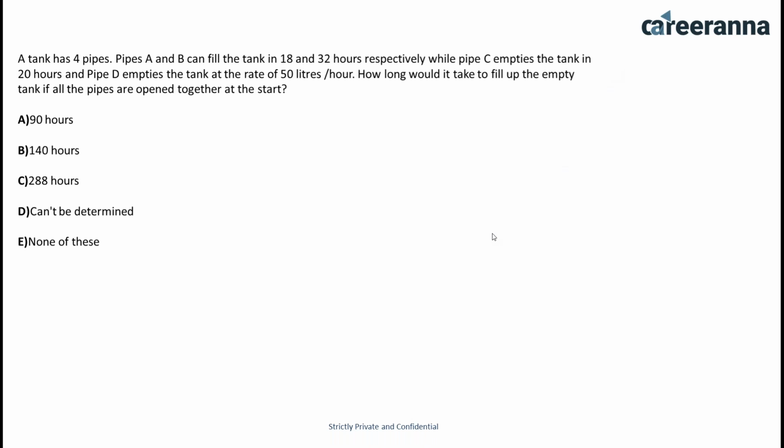For those who are facing problems with this question, you can directly see that the number of hours is only given for pipes A, B and C. For pipe D, the question says that D empties the tank at the rate of 50 liters per hour. But for how many hours? This is not given in this question. So you cannot take the LCM or find the volume of the tank, because up till when D is going to be emptying the tank is not given. So in this question, you cannot find out the volume of the tank.